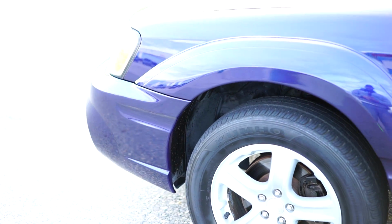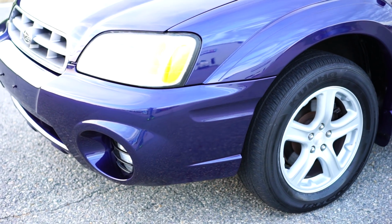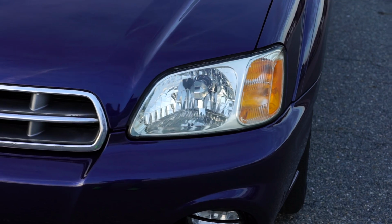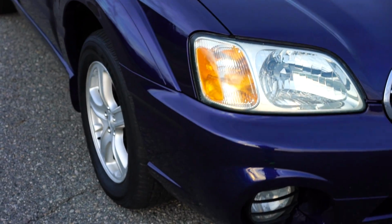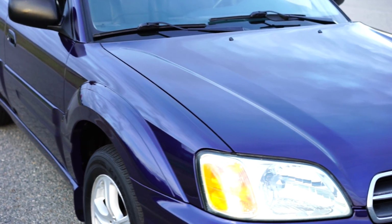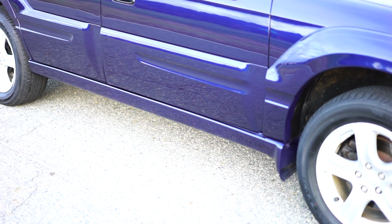So paint-wise, guys, the vehicle got completely sanded down. 2K primer, base coat, clear coat. Headlights are in perfect condition. Now guys, for a vehicle like this, very, very nice paint job, but